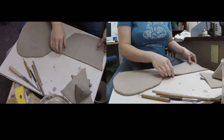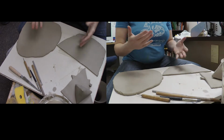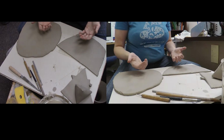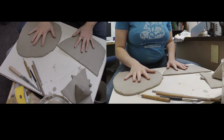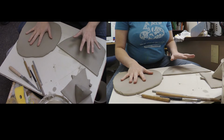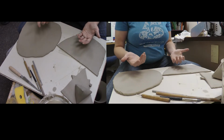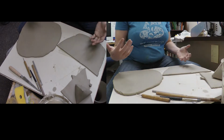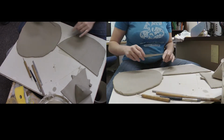So this video is going to be about using slabs to push out with. I've got two different thicknesses of slabs here. I've got a quarter inch slab here and a 1/8 inch slab here. And depending on how much you want to push out, you'll use a different thickness. So if I'm just maybe making a shape, so say I wanted to make